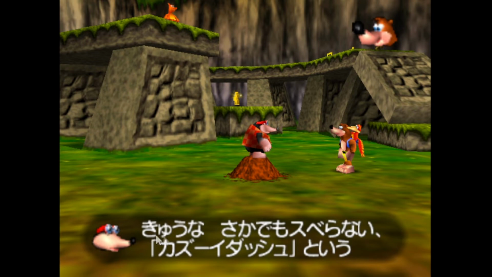Okay. 急な坂でも滑らない. Oh, suberanai, I see, okay. Kazooie dash という. So this is marking that this is what something will be called. という Kazooie dash という, and then probably an action is going to come next. So an action called Kazooie dash.